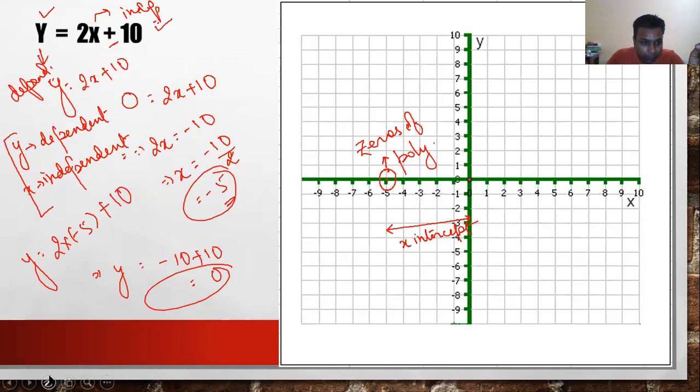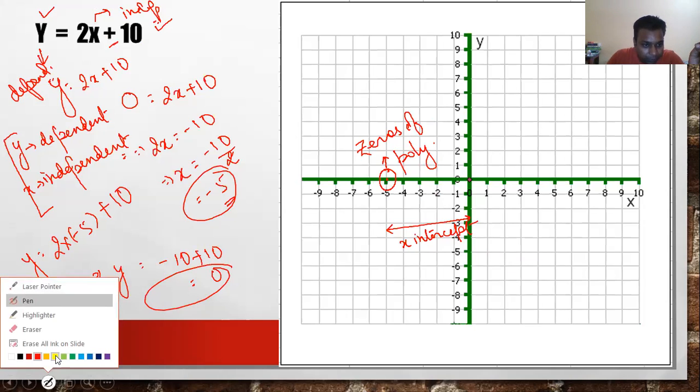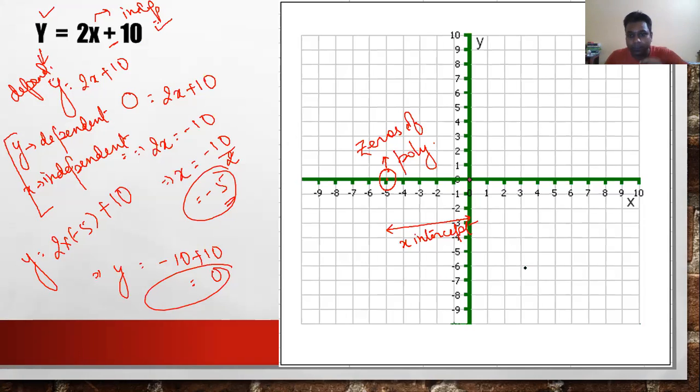Now if I'm going to take another example, let me choose a different color first. Okay, that is fine. Now if I take a different expression like x equal to 2y plus 10.